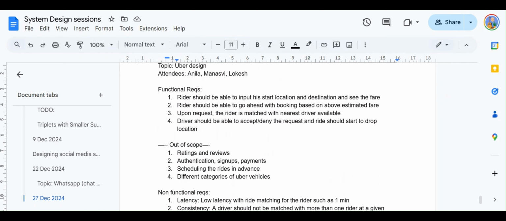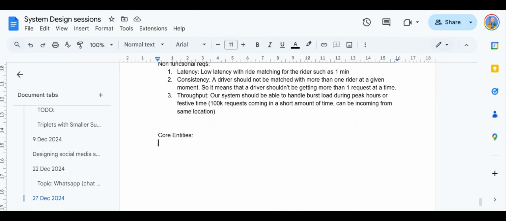You have not mugged up things, so it also gives you a chance to recollect your thoughts and to just lay out the basic entities that you will be using in the data model. There might be a few more entities that you might end up using in the data model that you can clarify while you're building the high level design. But building the core entities will give you a little bit of confidence in building your APIs, like for what entities you are going to build the APIs for. So that's the purpose of putting the core entities here.